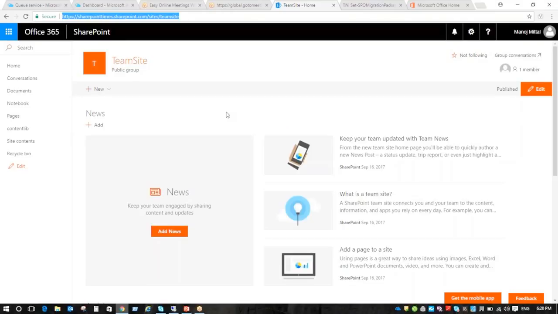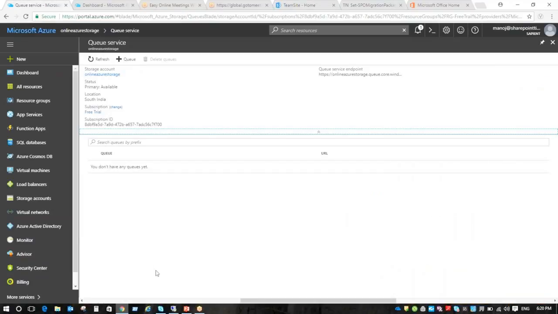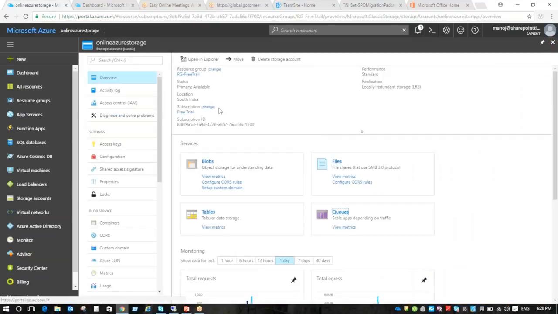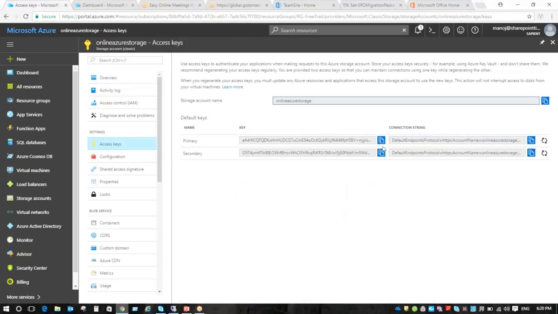Sorry, one more question. Is it necessary to have our own Azure, or can it use the tenancy's Azure as well? Because I tried doing this using PowerShell, and it did use the default Azure of the tenancy itself. Yeah, for this, on its own it is not required. What is required here is this access key, which is important for us. On the basis of this access key, everything starts running. So our tenancy is not really required for that. This Azure we are just using for storage purposes only. Nothing else is required.